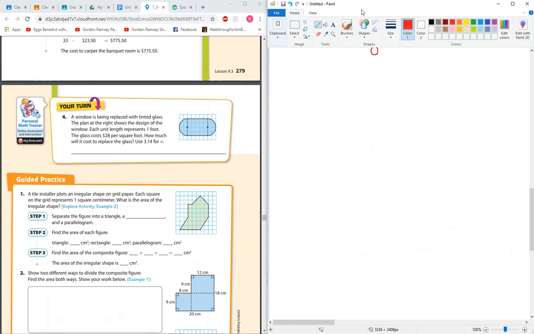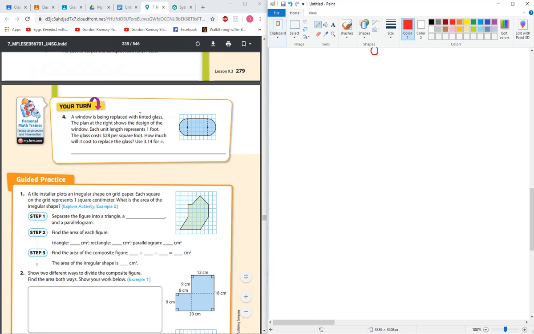So for our next problem, what we're going to be doing is we're going to be taking a word problem and trying to make sense out of it. A window is being replaced with tinted glass. The plan at the right shows the design of the window. Each unit length represents 1 foot. The glass costs $28 per square foot. How much will it cost to replace the glass? Okay,